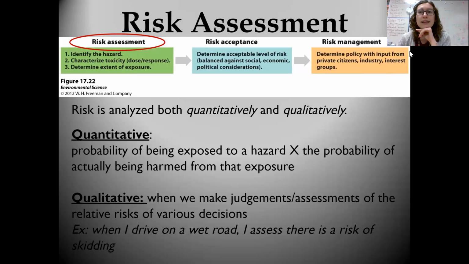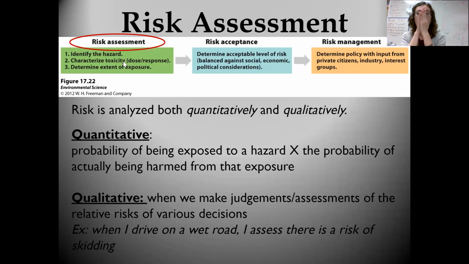All right, last, I think 3 things. When we're actually trying to figure out risk and we're looking at risks holistically, I'm going to be looking at risk in 3 different ways. I'm going to first assess the risk. Then I'm going to try to figure out what is my acceptable level of the risk. Then I'm going to try to manage that risk. So first I want to do assessment.